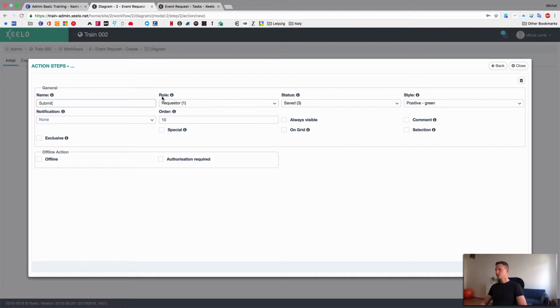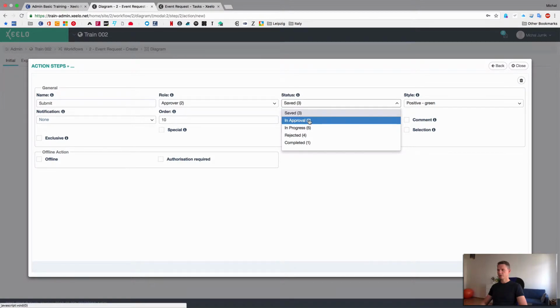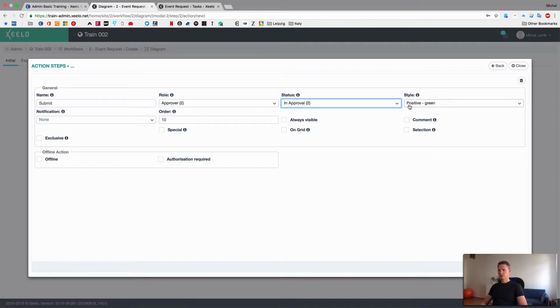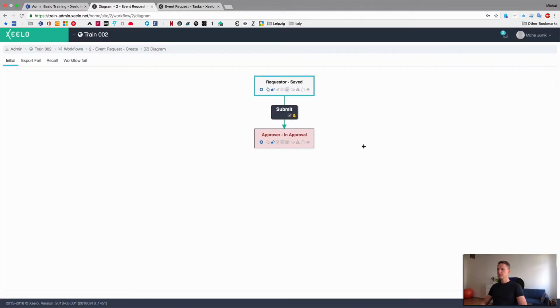So role will be approver, and status will be in approval, and style we can leave on green. That's it. Click on save,